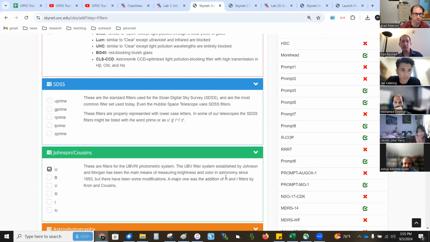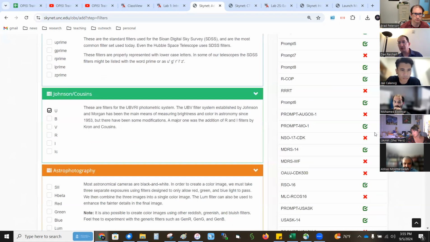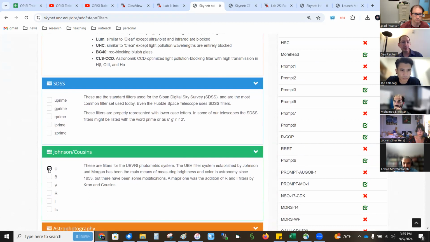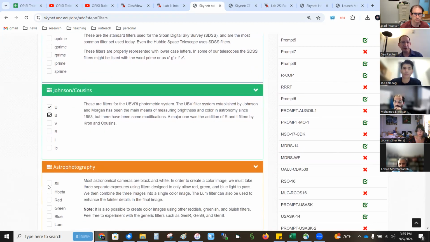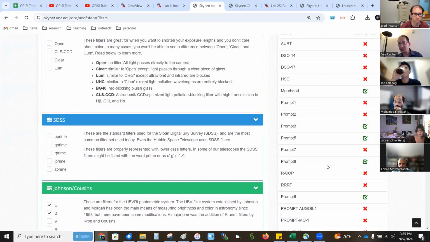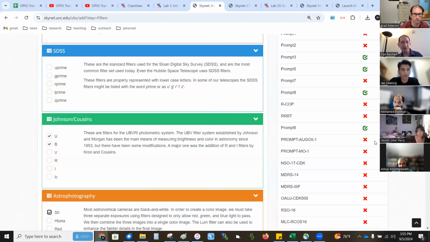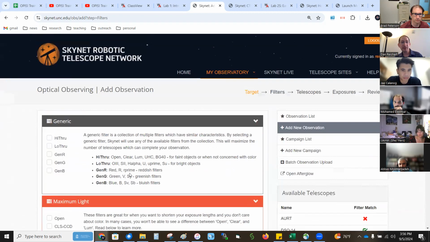Some observations, we use a U filter. If it's really bright, U blocks a lot of light. The atmosphere blocks a lot of light in U, so I use it as a low throughput. And fewer telescopes have that. But they'll be using U, they'll be using B. If I select both, it's like an AND. If I do that and pick an obscure one like S2, very few telescopes actually have that weird combination. Put it back to B.